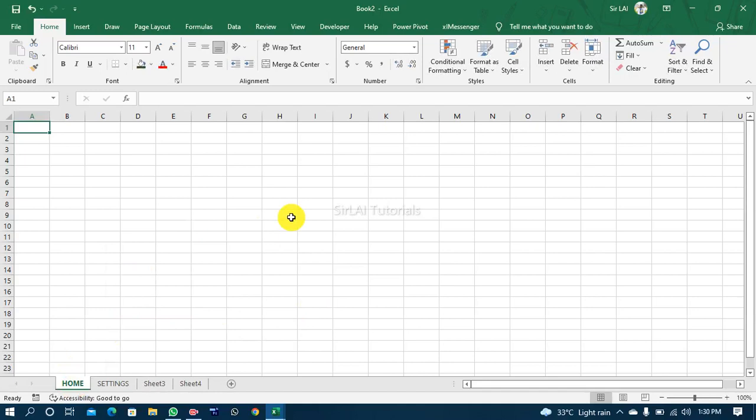So this is called the ribbon. There's all this part. It is called the ribbon. It contains the formulas, the toolbars, everything that you need to edit or work on the sheet, as we have